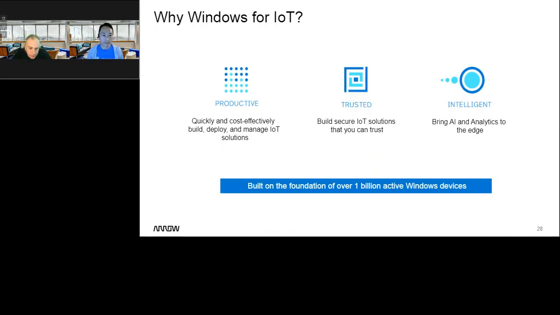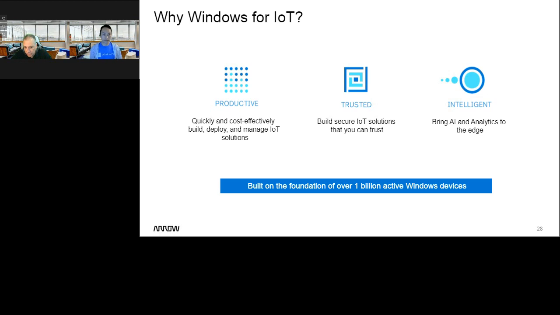So the main thing with Windows IoT is the fact that it's very fast to market. If you have a Windows application or someone that writes Windows applications, a .NET developer, you obviously can get this loaded very quickly. You can get it customized very easily and quickly. And obviously it's based on a very trusted and secure platform as well. Lots of tie-in with the cloud, with AI and analytics.